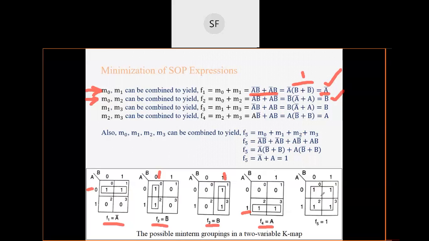Okay, now let's say कि आपका फंक्शन है f5 and in this function f5 all the minterms are present, m0, m1, m2 and m3. So here you can observe 1 1 1 1 is there. So now you can combine all four ones and it will be called a quad. We will see the definition. QUAD. चारों आप कंबाइन कर सकते, ठीक है, it will be called a quad.